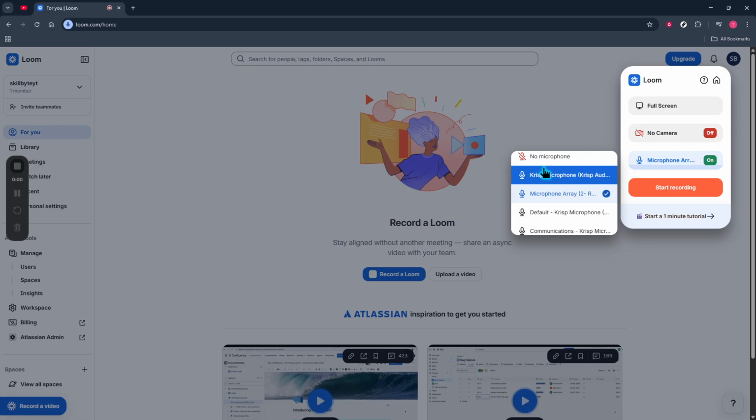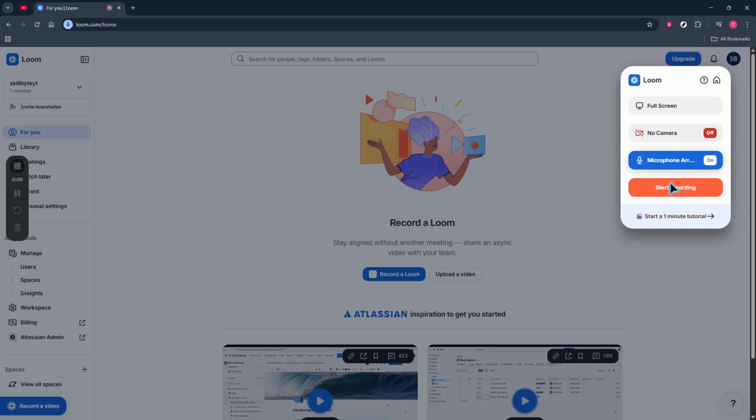Reduce background noise by closing doors, turning off fans, and keeping your device on a stable surface. When everything looks and sounds good, click Start Recording. If you have more than one monitor, Loom will prompt you to choose which screen to capture. Select the specific screen or window you want to show to keep things tidy. After you confirm, you'll see a short